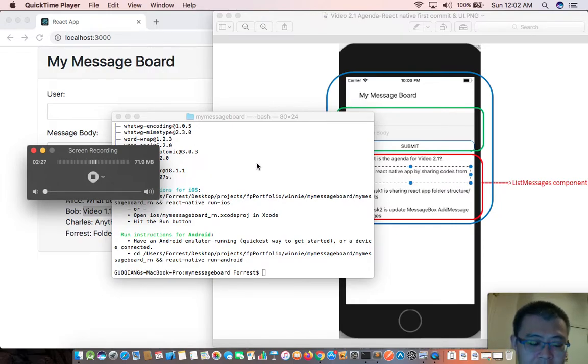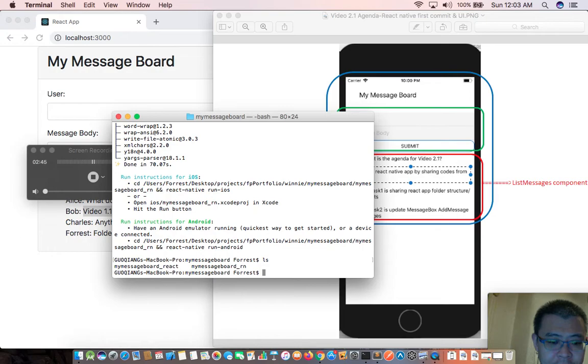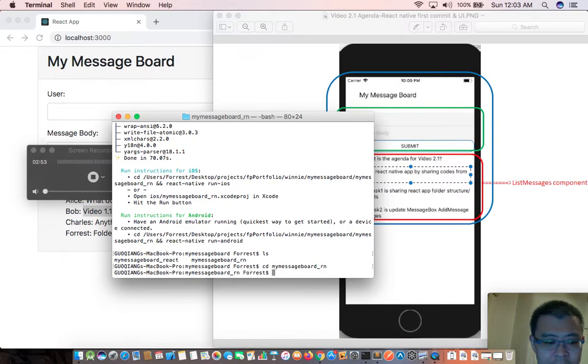Okay, React Native init command has finished creating this mobile app using React Native. So now we need to launch the simulator to see what the mobile app looks like. So we need to cd my message board and run React Native run iOS